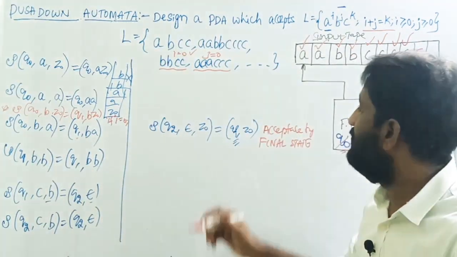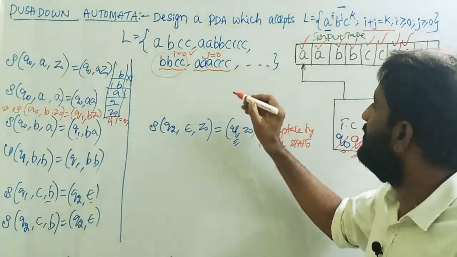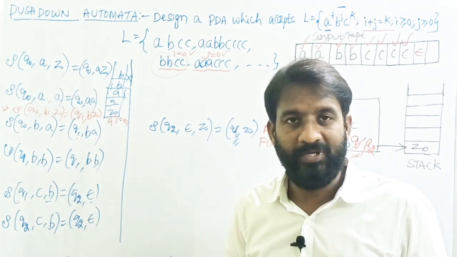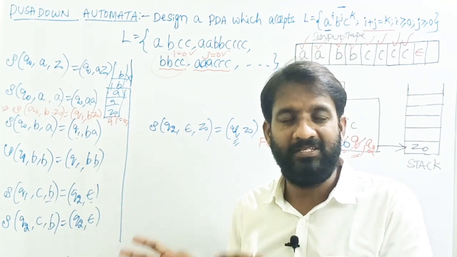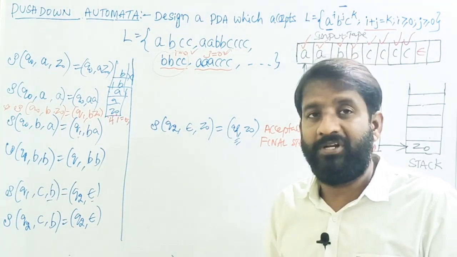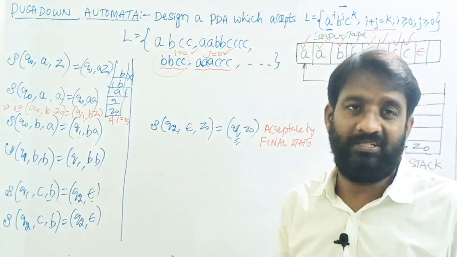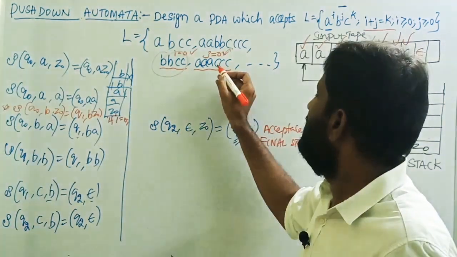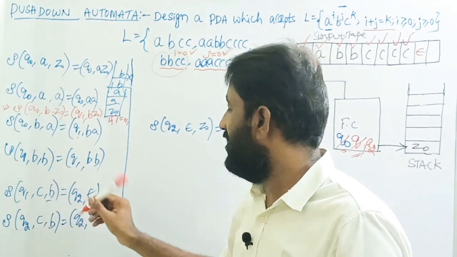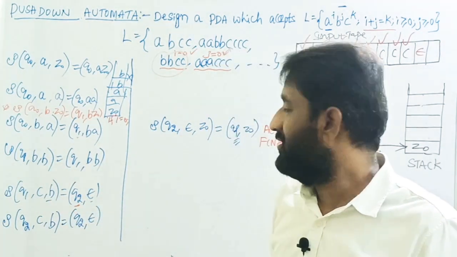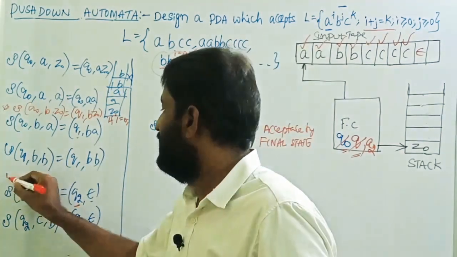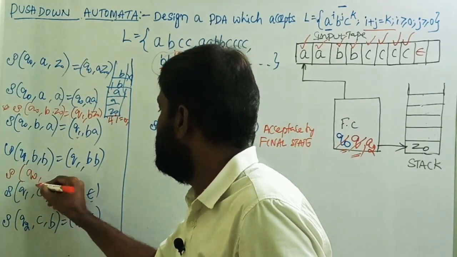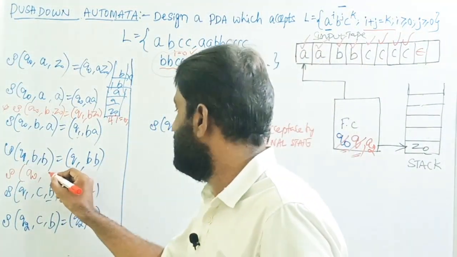Then the other case we should write for. The other thing we need to consider is what happens if J equals 0. J equals 0 means there are no B's, only A's and C's exist. So we have to add one transition to meet these types of strings where B's are absent. Okay. So you see where C's are accepted on the Q2 state. Okay, so we have to add one transition of Q0, input symbol is C.